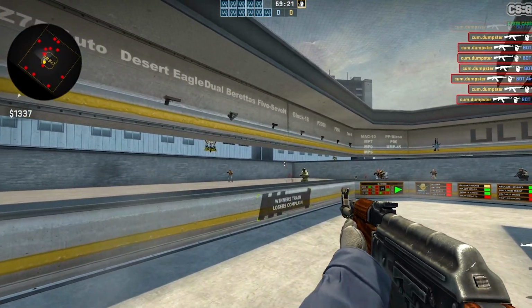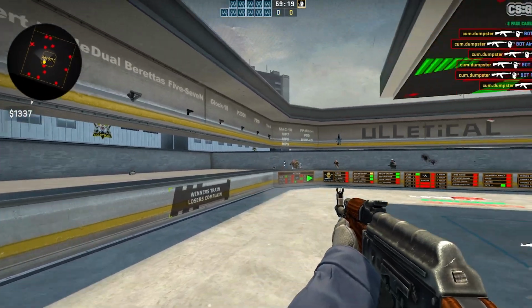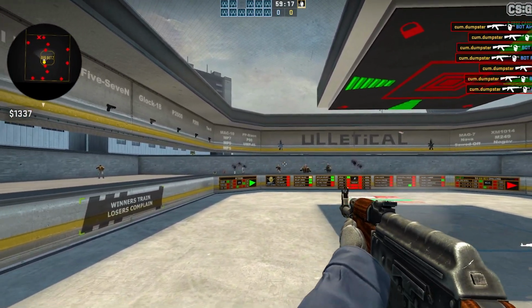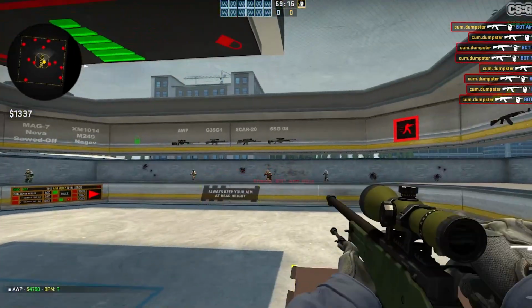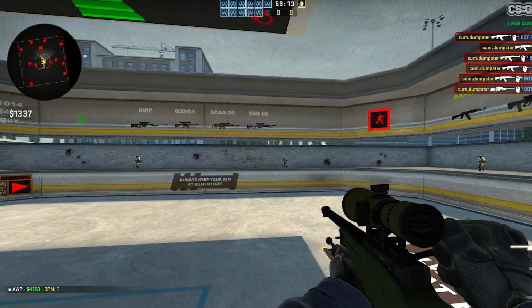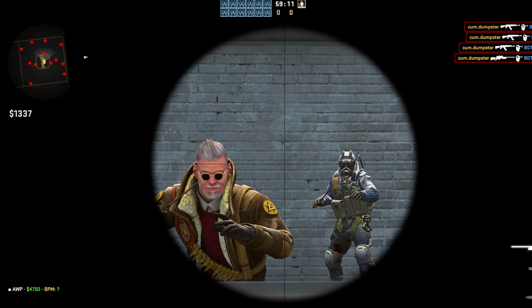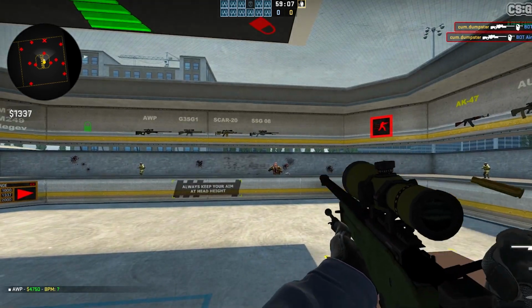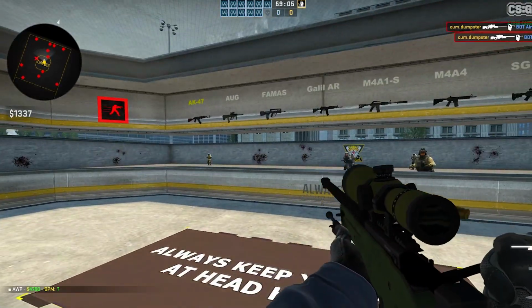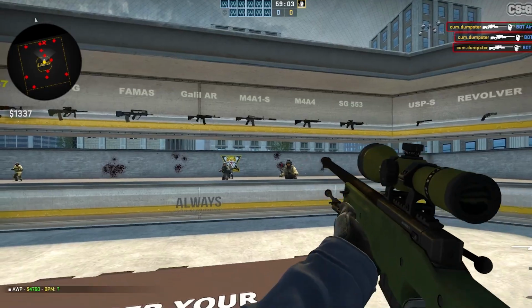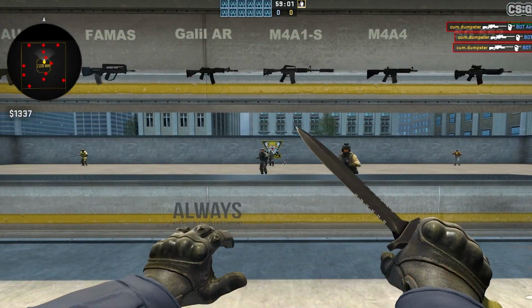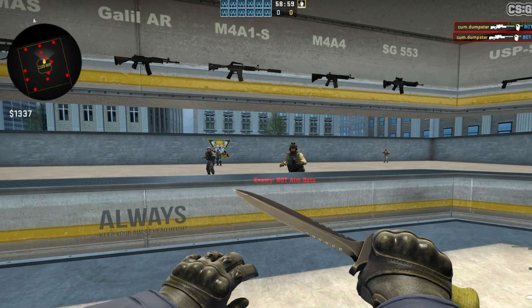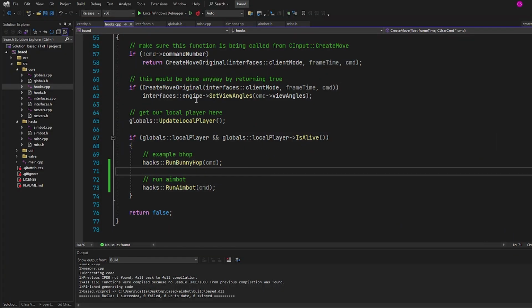Right, so as you can see, you don't have to aim at the guy, he just needs to be inside of your FOV range. And this is obviously very overpowered when using something like an AWP, right? And it's also FOV based, so it's not going to hit this guy, it's going to hit the guy behind him, whoever we're closer to. Okay, but anyway, to fix that, if you don't want the silent aimbot,